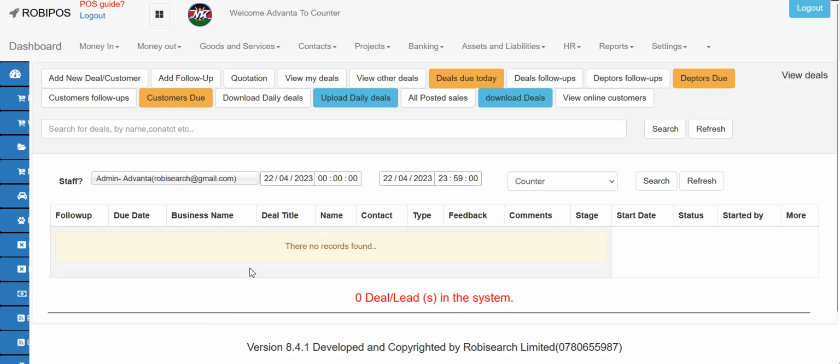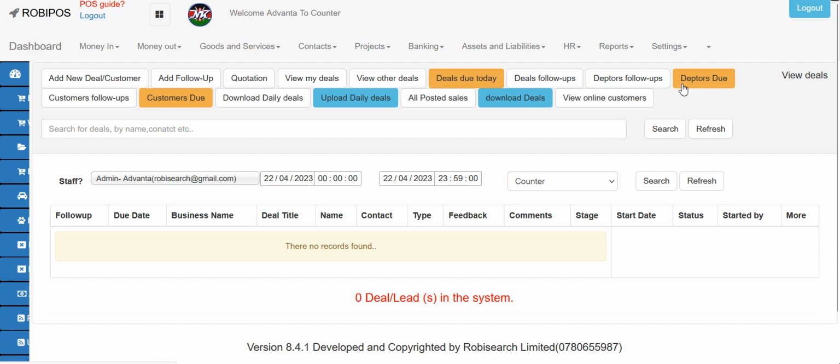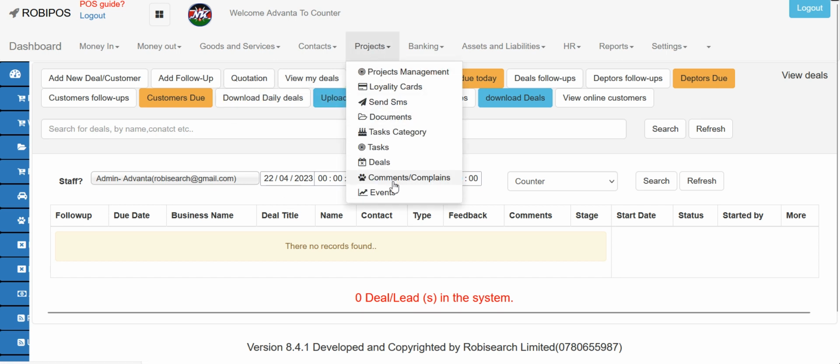The system now will tell you how many customers you are supposed to call today, how many are due, how many dates you are supposed to do today, how many people promised to give you money today. You can download them on a daily basis, and you can also view your deals. You can also do quotation, and you can do a follow-up automatically in the system. We have what is called